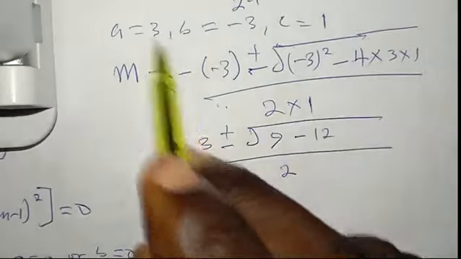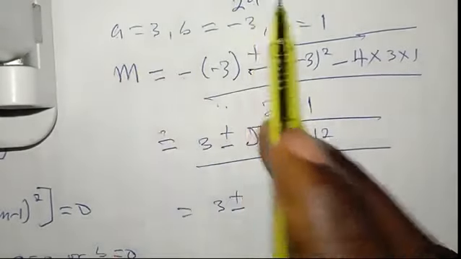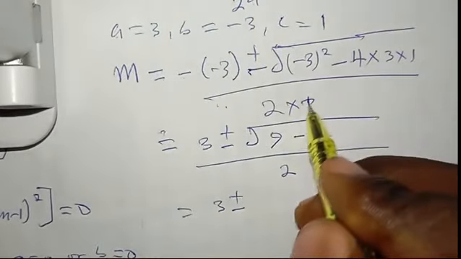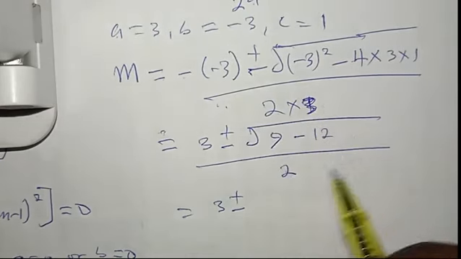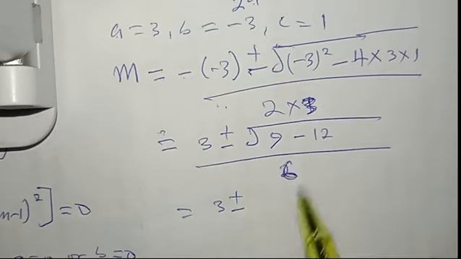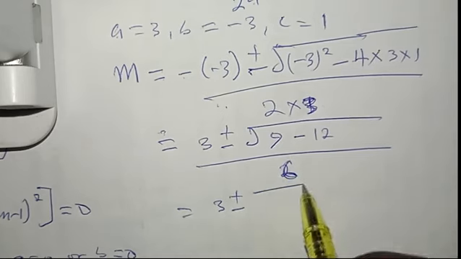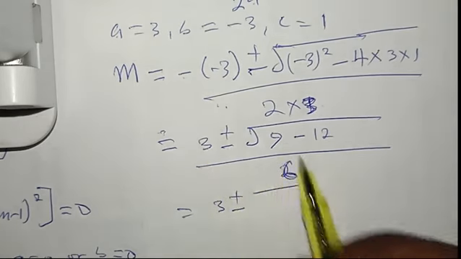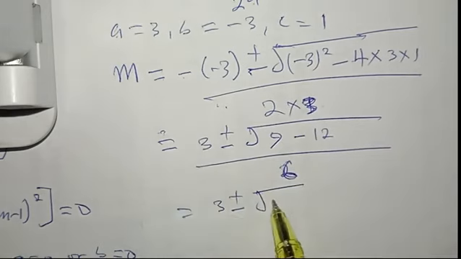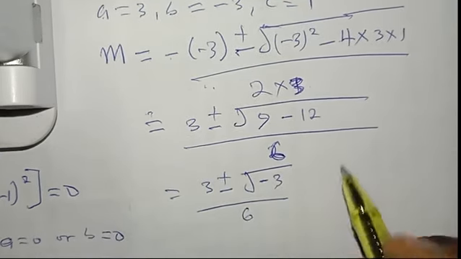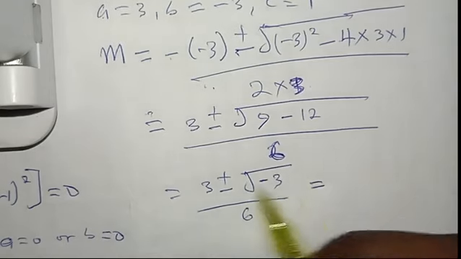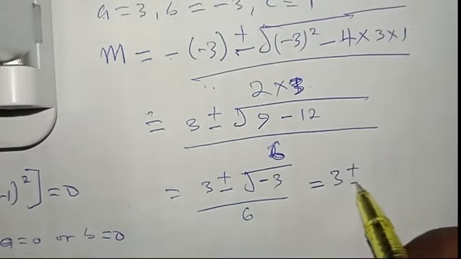Okay, sorry, what we have for A right here is 3. Sorry about that. So we now have 2 times 3 here, and that becomes 6. Okay, so we now have 3 plus or minus the square root of 9 minus 12, which is minus 3, all divided by 6. Simplifying for that, this is 3 plus or minus